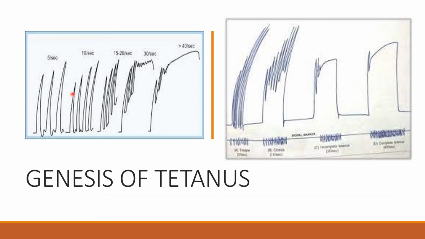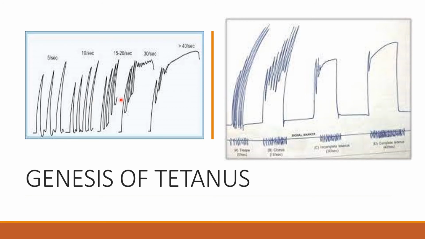In these first two pictures, you can see the height is increasing in a sliding manner. You can also relate this to a staircase. So this is called staircase phenomenon or treppe. It is a progressive increasing force of contraction for the first 2 or 3 contractions when a muscle is stimulated repeatedly. This occurs due to accumulation of calcium, otherwise called beneficial effect. This effect is seen in normal skeletal muscle and cardiac muscle also.